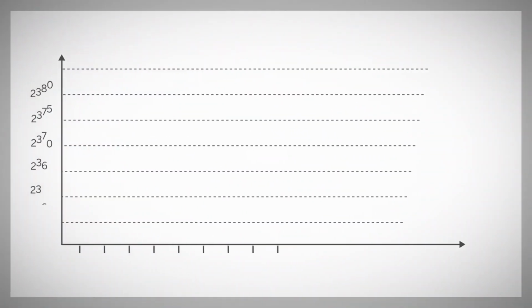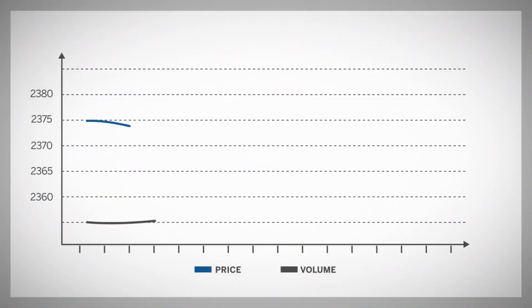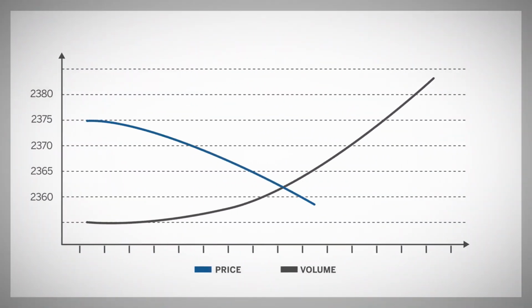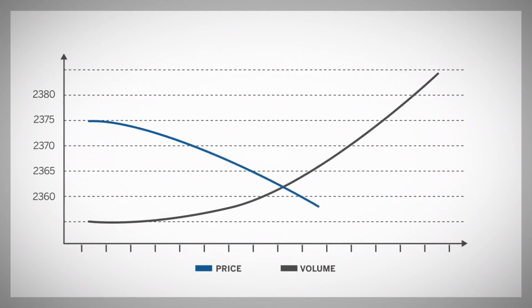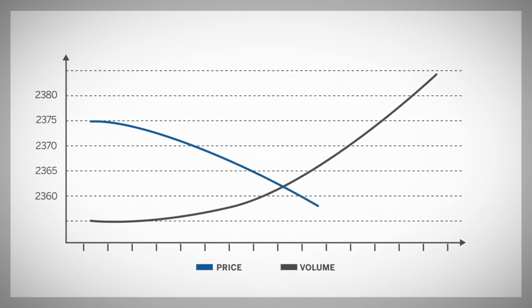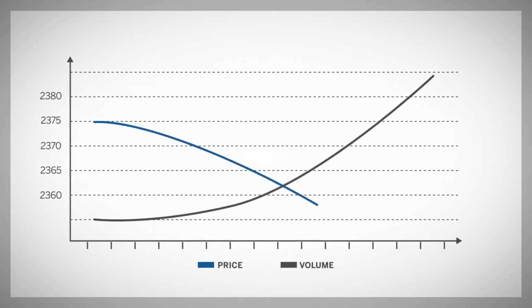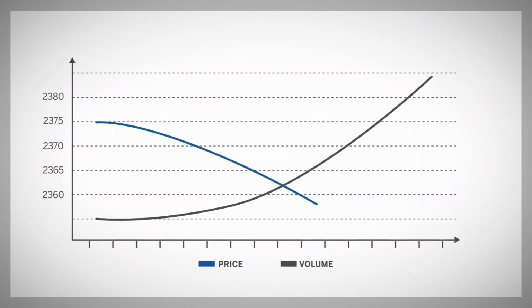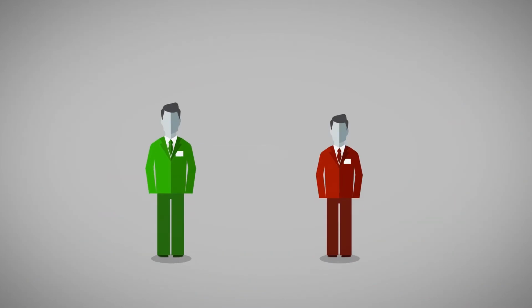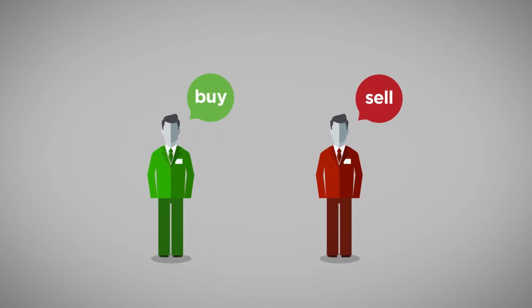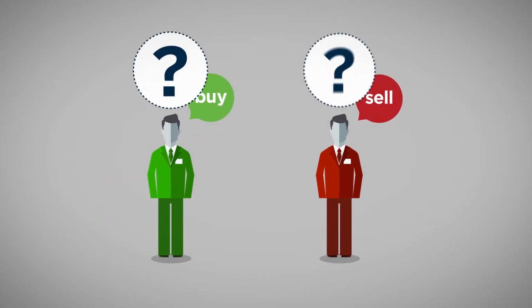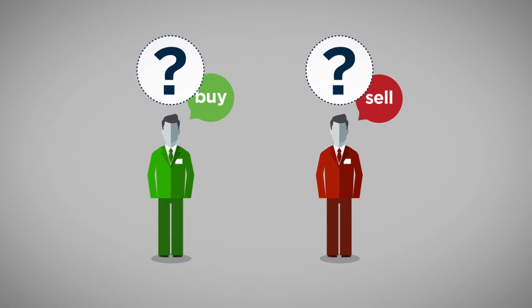Let's assume the ES contract is trading at 23.75, and it suddenly pushes down to 23.60 while volume increases. What does this tell us? The volume that comes into the market could be from traders opening new long positions at key levels of support, which would indicate a bullish sentiment. Or volume could come from liquidation of existing long positions or opening a new short position, which might indicate a possible bearish direction. Therefore, a spike in volume at 23.60 doesn't necessarily give us a good indication of where the